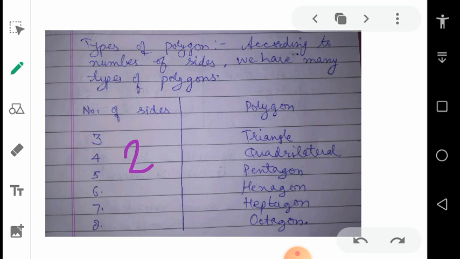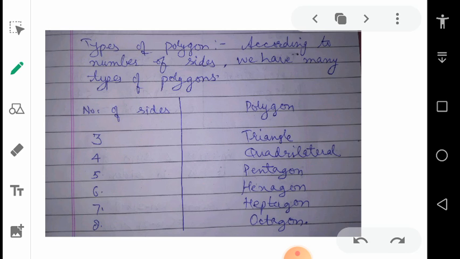Suppose the number of sides is 2, then is it possible to construct a polygon? Just try. Number of sides are 1 and 2. It is not a polygon because it is not a closed figure. As you can see, it looks like an angle only, so the figure should be closed. Now we need a third line to make it a closed figure. Now it is a closed figure, that's why we start from the triangle, which needs the minimum number of sides to become a closed figure.